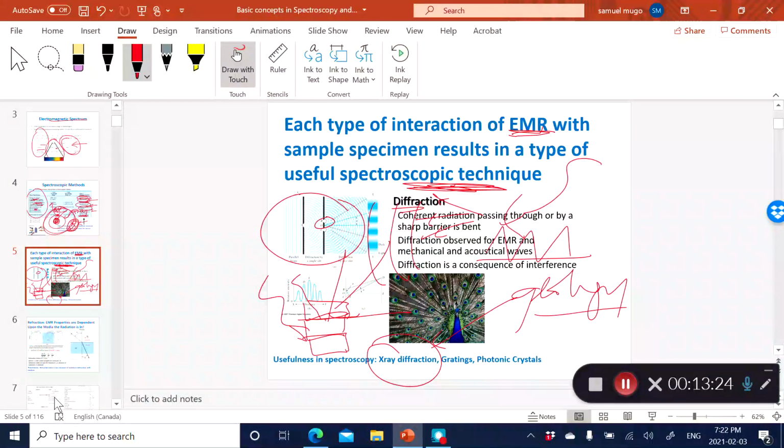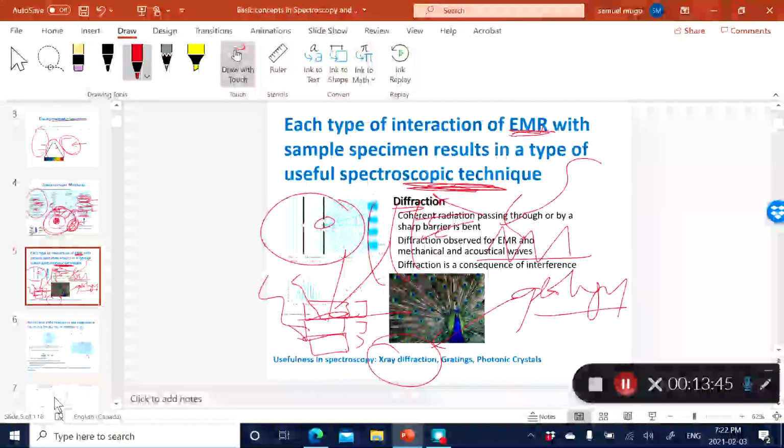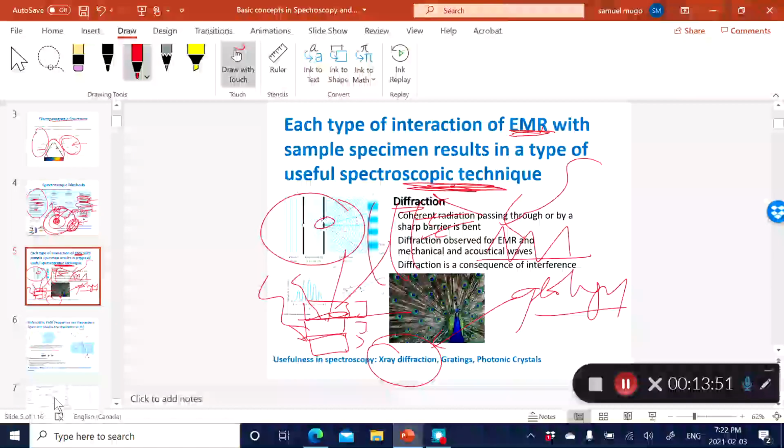actually being diffracted. And based on that, you can tell the band gap, the size of the crystal lattices, which is dependent on the type of material, the type of crystal it is. And so X-ray diffraction is very, very important when you're trying to authenticate different types of crystal structures or different types of geological materials. So a very useful spectroscopic technique, based on that behavior of light called